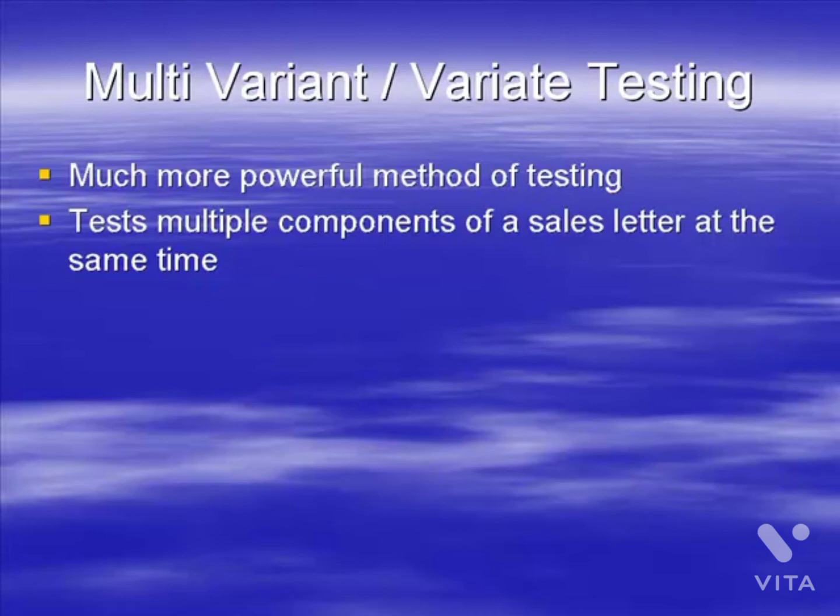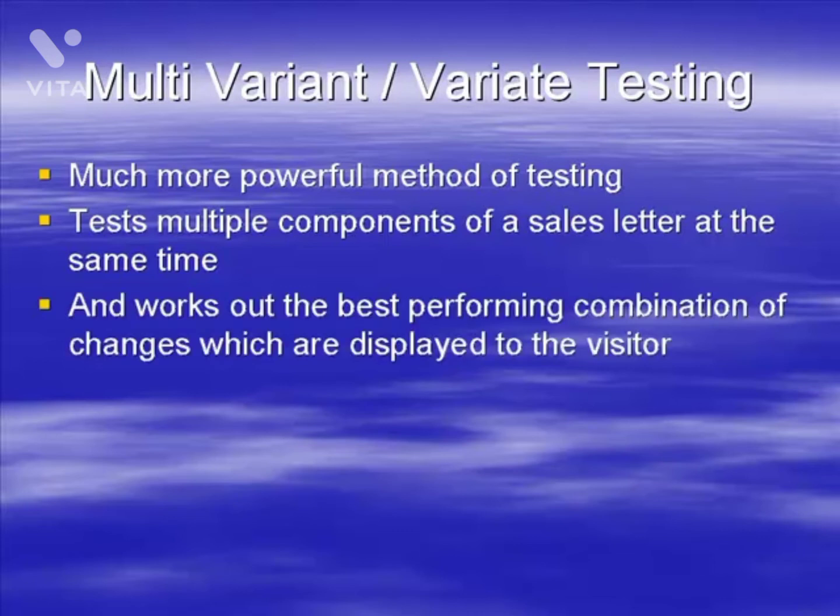It almost has a built-in intelligence with it in the way that it performs the comparisons and the tests for you. So it won't just compare change A against change B. It will compare lots and lots of changes all at once, lots and lots of different combinations of changes, and work out which is the best possible set of changes for your sales letter, and it will work out the conversion rate and gradually increase it for you. So it's very powerful in the fact that it does work out the best performing combination of changes. You don't have to sit there and do any calculations. You don't have to work out any conversion rates, look at any traffic stats, anything like that.